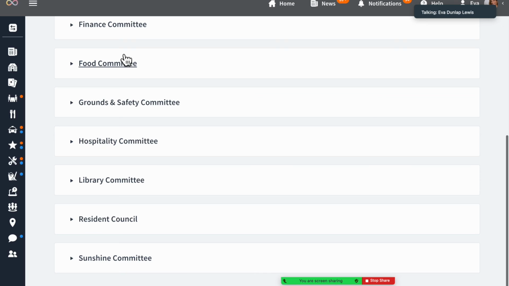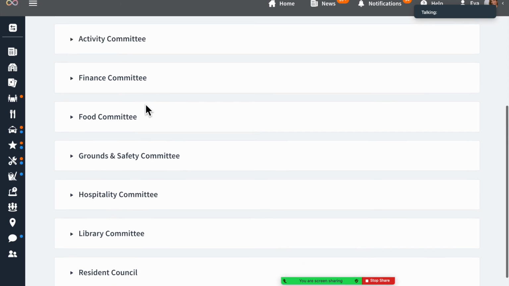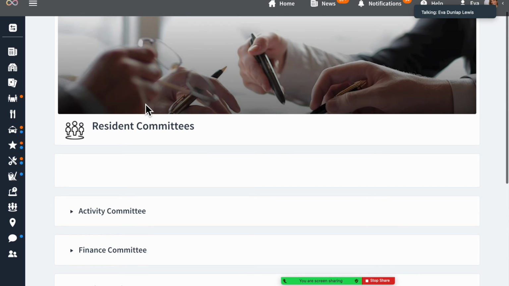The main thing that I'm trying to convey to you all today is that the committee's cube is where you can go for various information about the committees available at your community. You'll likely find information with minutes, agendas, mission statements, and members. And Jack is going to work on reorganizing the face of this cube. For now,